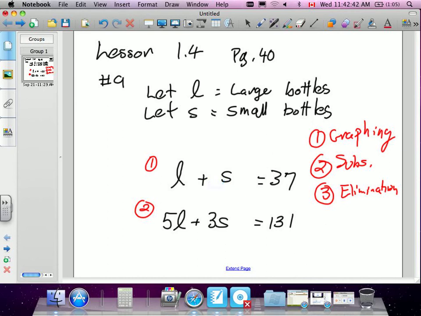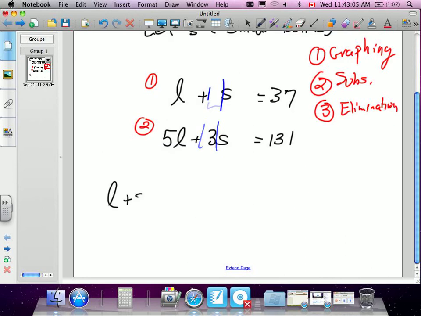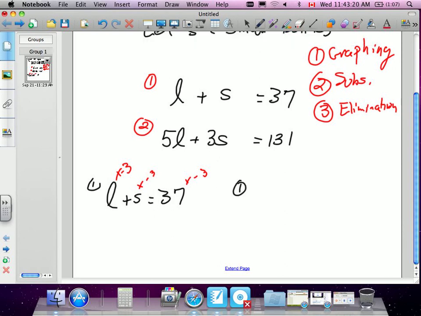Okay, so if I multiply the first equation, the entire thing by 3, or did you say negative or positive? Sure. We could do negative 3. Our coefficients, the absolute value of them, will both be 3. So let's try that. Equation 1, we have L plus S equals 37. I'm going to multiply every term by negative 3. Our new equation will be negative 3L minus 3S equals negative 111. Then I'm going to bring down equation 2, which is 5L plus 3S equals 131. So now that my coefficients are the same,